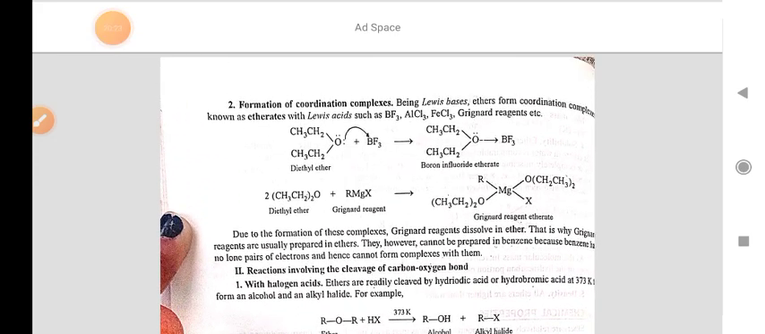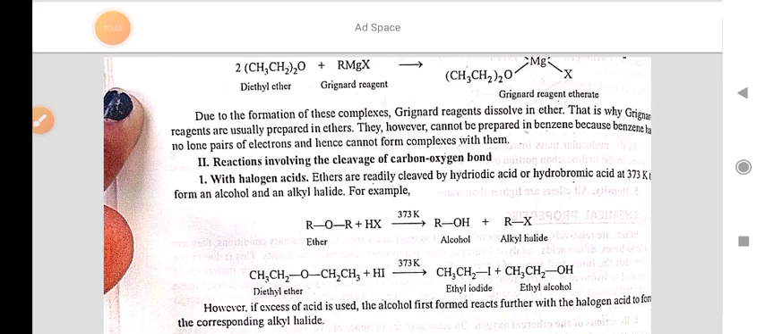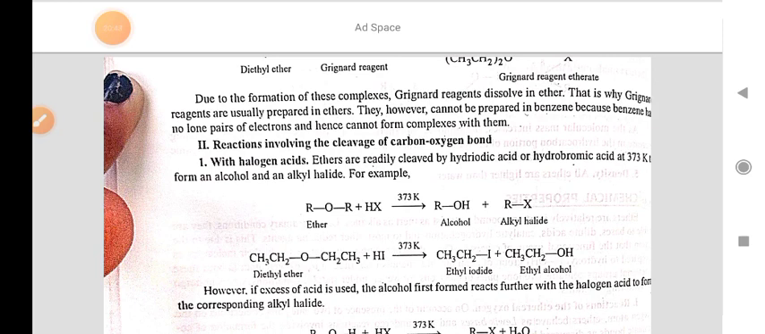Formation of coordination complexes. Being Lewis bases, ethers form coordination complexes known as etherates with Lewis acids such as BF3, AlCl3, FeCl3, Grignard reagents, etc. Diethyl ether on reaction with BF3 gives boron trifluoride etherate. Diethyl ether on reaction with Grignard reagents gives Grignard reagent etherate. Due to the formation of these complexes, Grignard reagents dissolve in ethers. That is why Grignard reagents are usually prepared in ethers. They, however, cannot be prepared in benzene because benzene has no lone pair of electrons and hence cannot form complexes